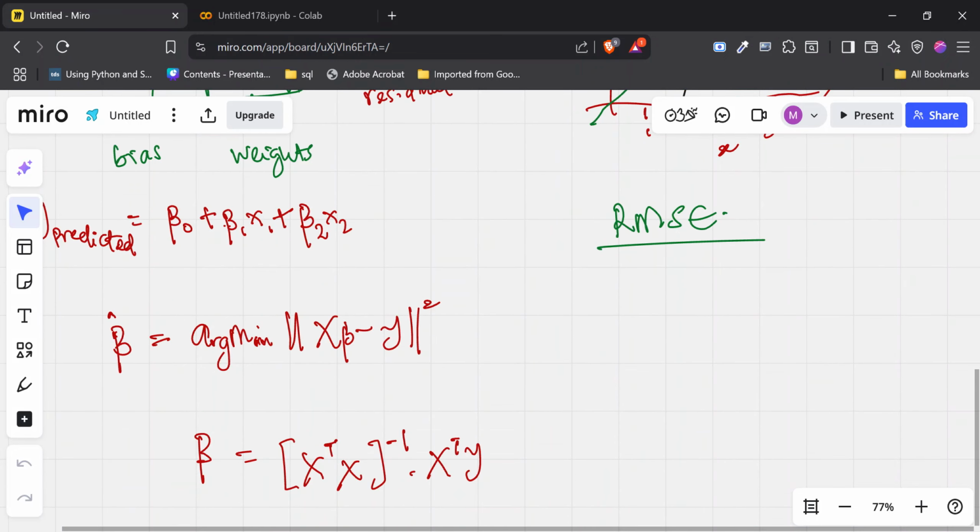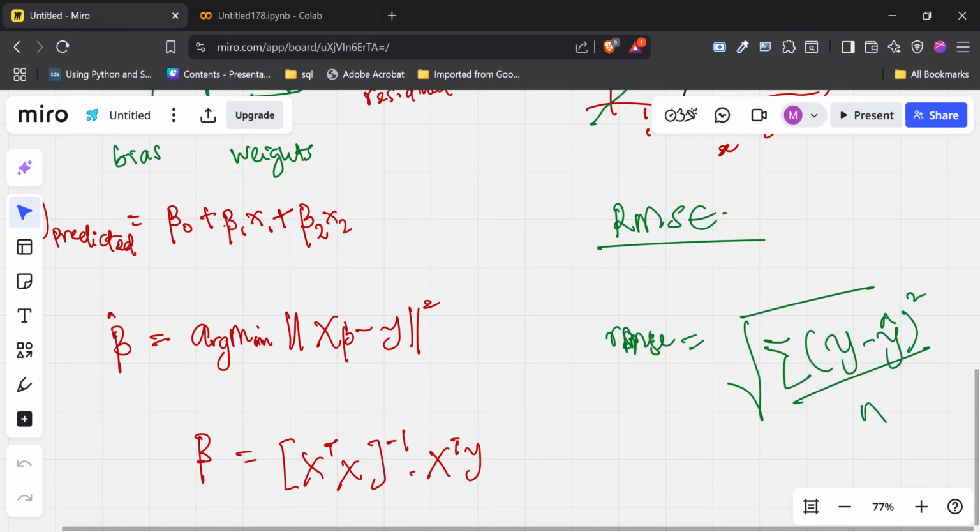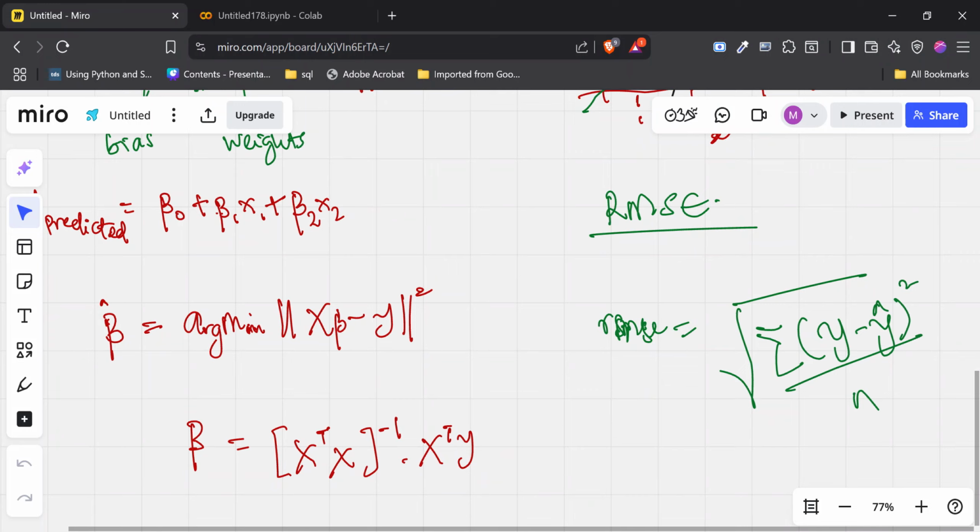And the formula for that is the RMSE is equal to the root of y minus, which is basically, you can think of it as y true minus y pred, or however you want to put it. Excuse me, there should be summation because we added things together. So that's going to be summation of y minus y hat all squared all over n, number of observations that we have.